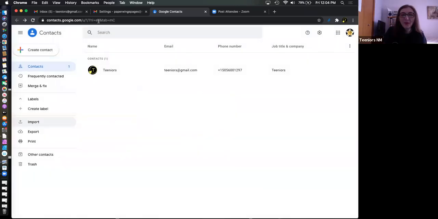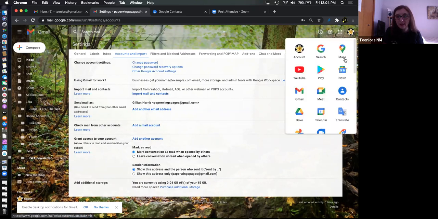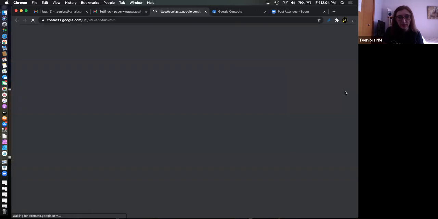Okay, so basically how you would do that is this, sorry, this is getting way off context for a Gmail class, but this is to do with your Google contacts, and you access those. That's part of your Google account. That's just something that comes with it. And you access those through those 9 dots in the top right of your screen. Click on that, and you see this round symbol with a person in it that says contacts. You click on that,